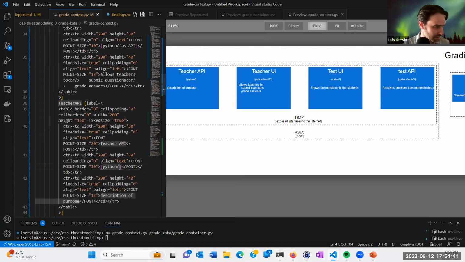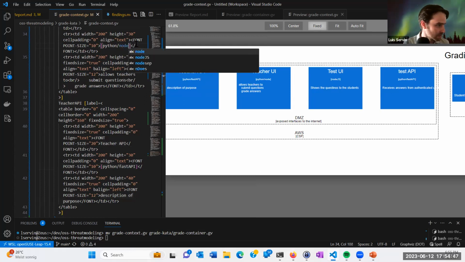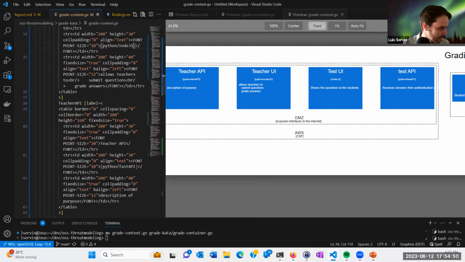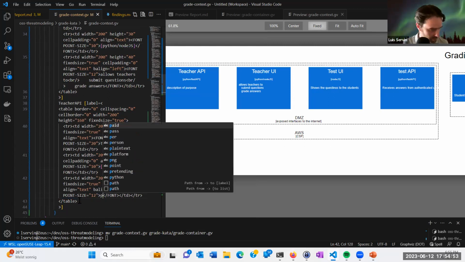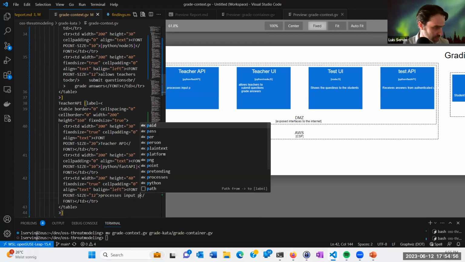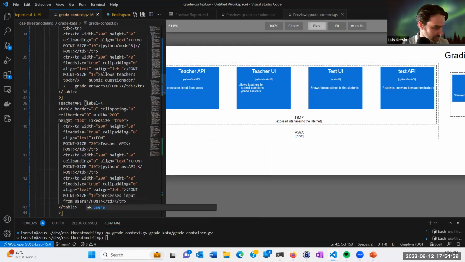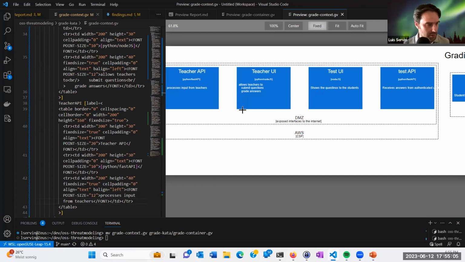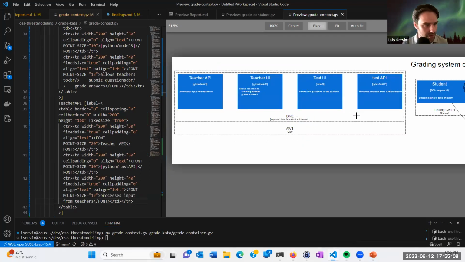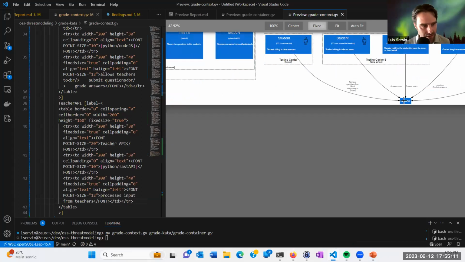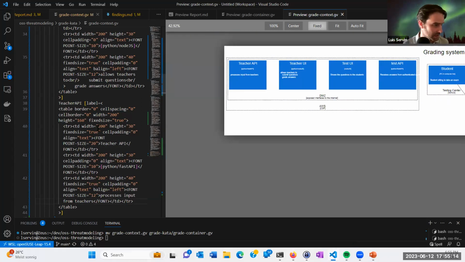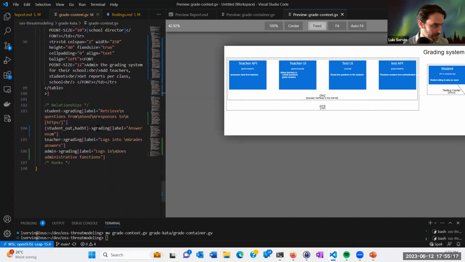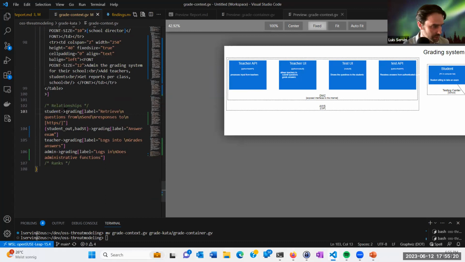So this is the Python FastAPI thing, and the UI is Node.js. Processes input from users, from teachers. So now we could start looking at this and say, okay, actually not everyone will be talking to the same thing, right? So ideally, we could have students not talking to grading, but talking to